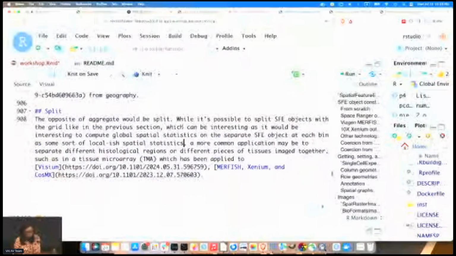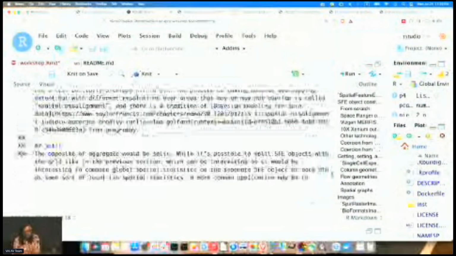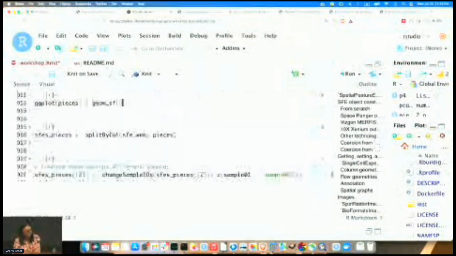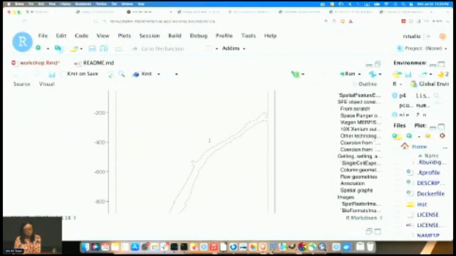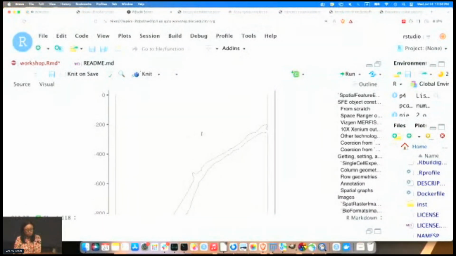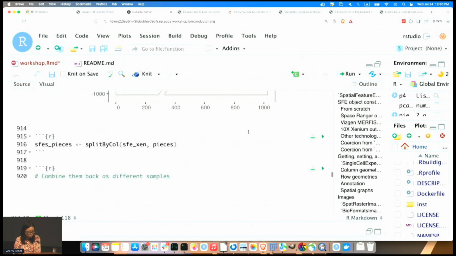So the last one is split, which is the opposite of aggregate. The special part is that you can use a geometry to split a spatial feature experiment object. Say I use these polygons: the cells in this piece will become one SFE object, and cells in the other piece will be a separate SFE object.